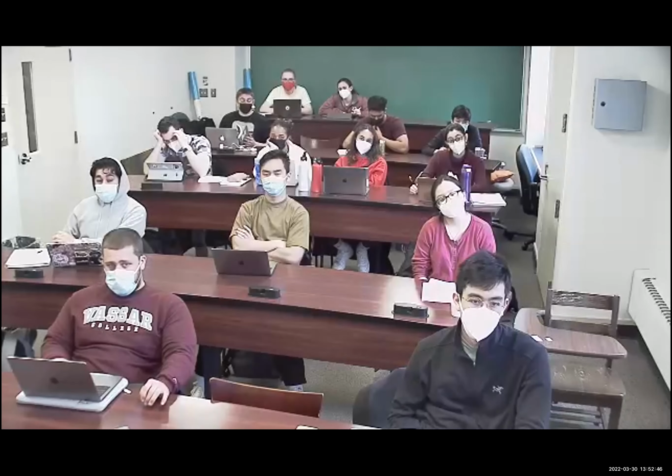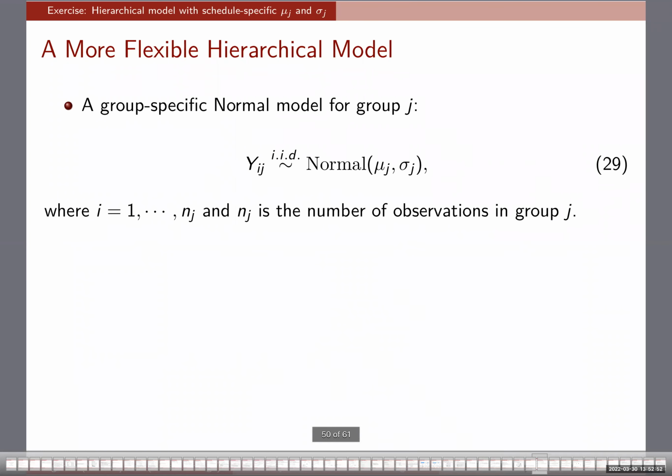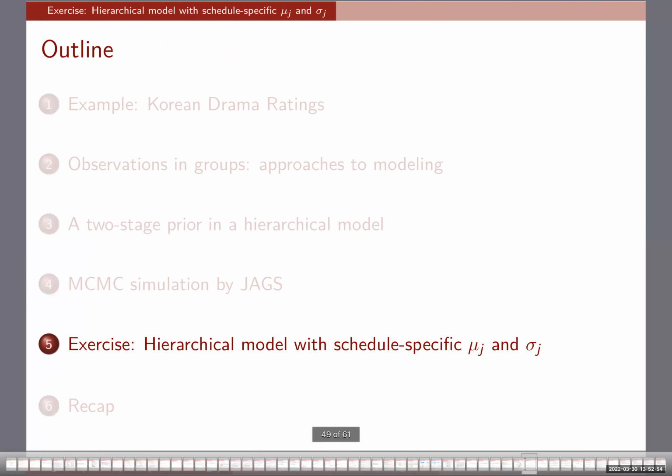Now let me go back to the slides and then talk about that little exercise, so that we can make sure that we really understand the hierarchical model. In this case, I want to throw out the possibility of having a schedule specific mu j and also a schedule specific sigma j. So far, for this whole lecture, we've been working with the case where we have group specific mu j, but we only have a shared sigma,